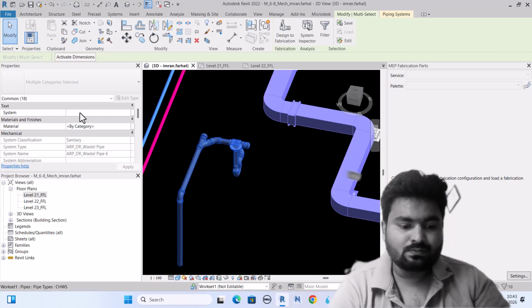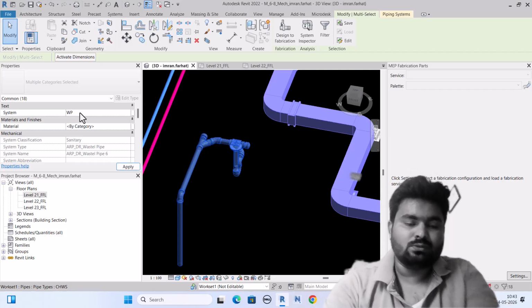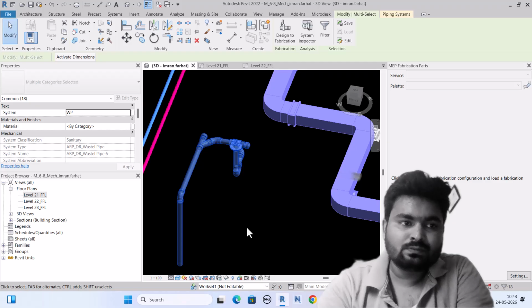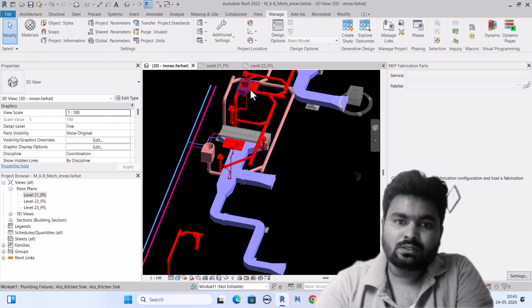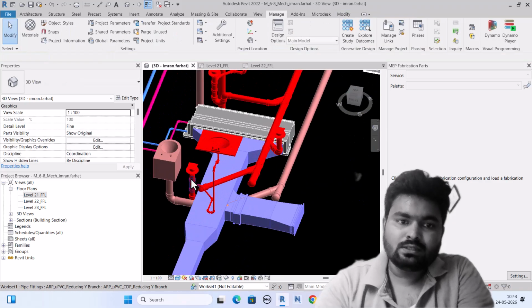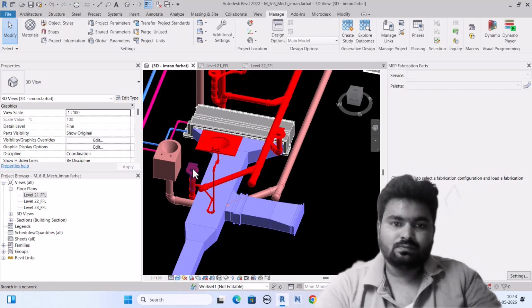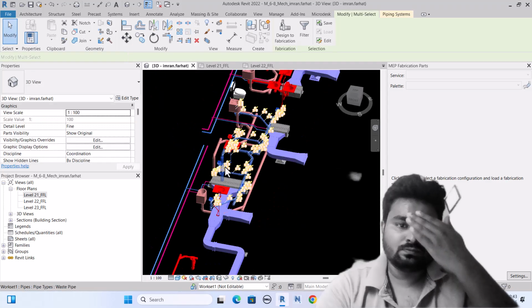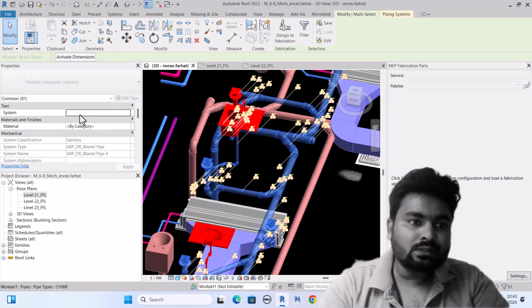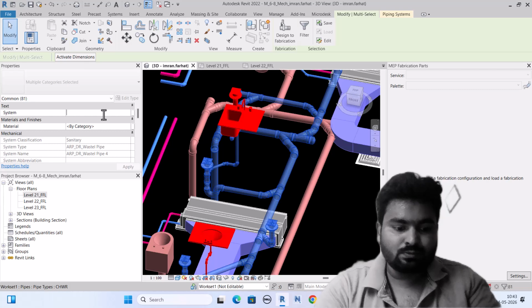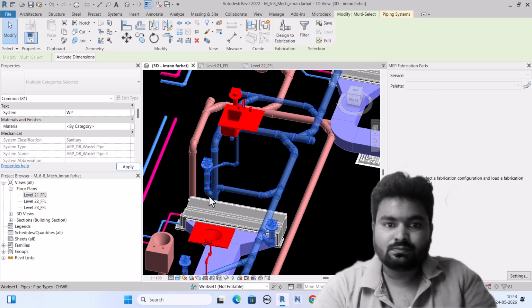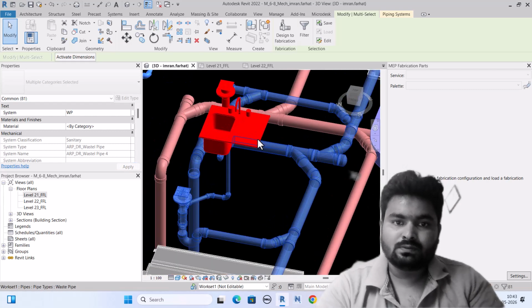Waste pipe, WP. Okay, WP. So similarly this thing, WP. Okay,